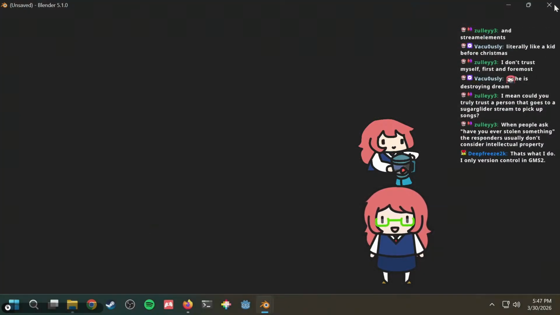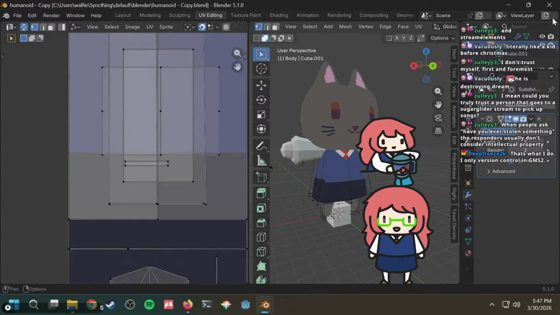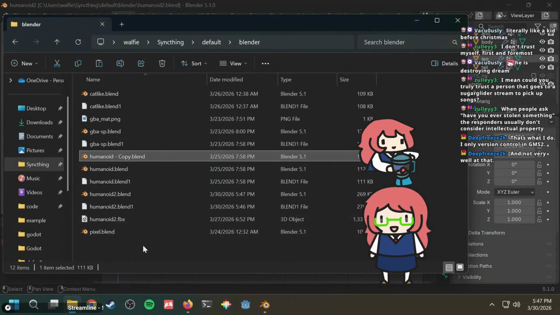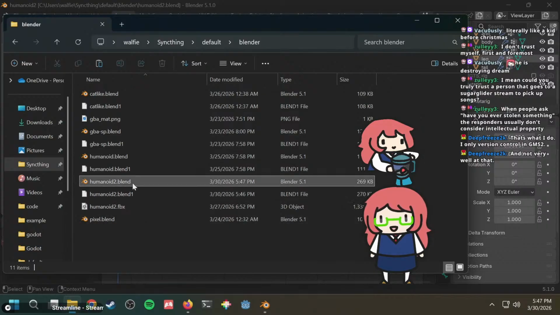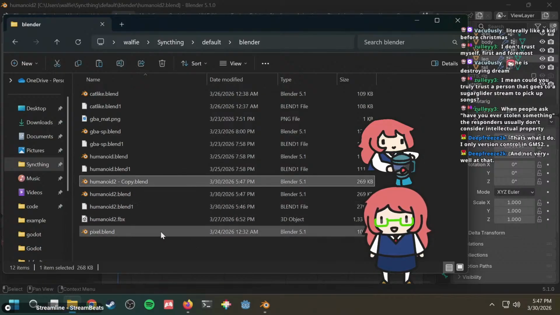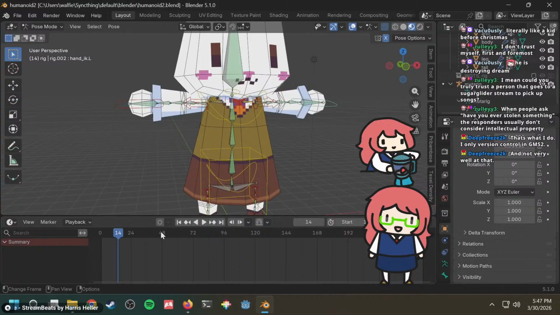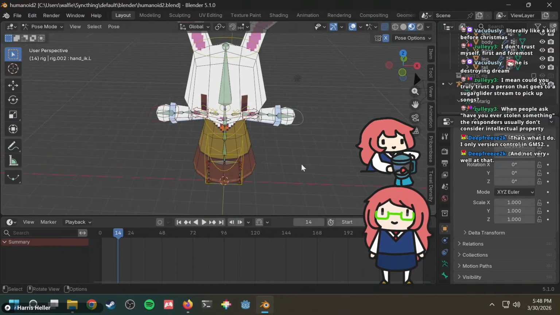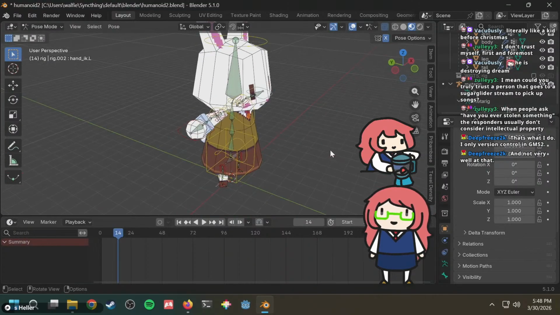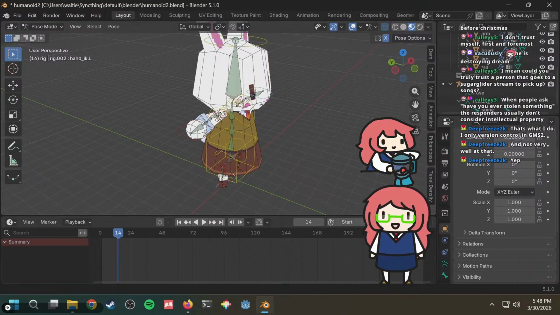Oh no, I didn't mean to open this. Oh, this is the old one. Wait, that's not even the right one. Gotta be this one. Humanoid 2_old. Welcome Deep Freeze. That's what I do. I only version control in GMS2 and not very well. Game Maker Studio. Well, I think you should version control. I think it would make sense to do so.